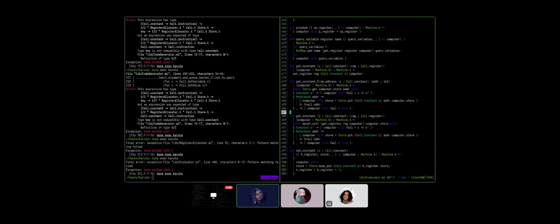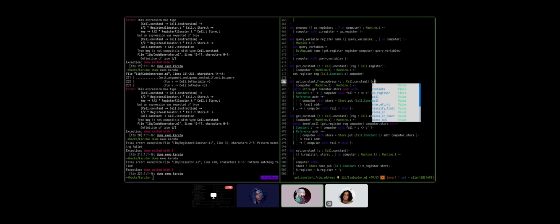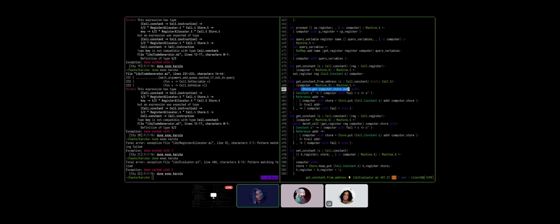Okay, so now how can we do the thing? Reuse it down here. Actually, I have an idea. What if instead of taking an address, we should just do the pattern matching and extract that to a separate function? No, no, no. What if instead of taking an address, we take a cell? Which is basically going to extract the pattern matching. That's what I said. Yeah, this is essentially extracting the common parts. And now we can use it.